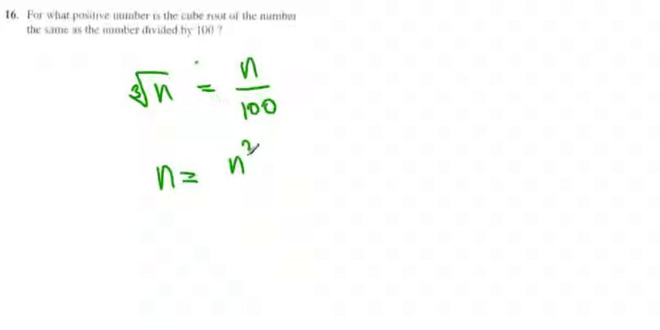Number 16. Here, for the number I don't know, we're just going to call it n. The cube root of the number is equal to the number divided by 100. So all we have to do is get rid of the cube root. The way we can do it is by cubing both sides. So we're going to have n is equal to n cubed over